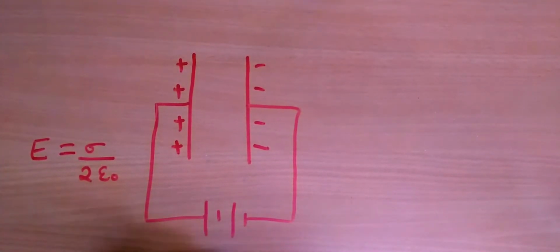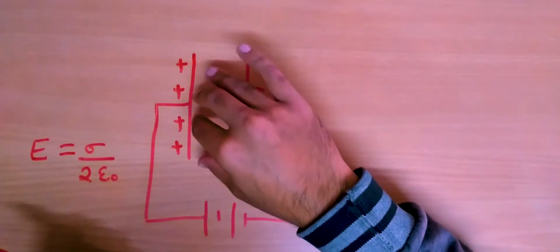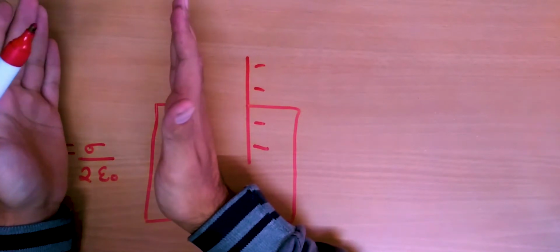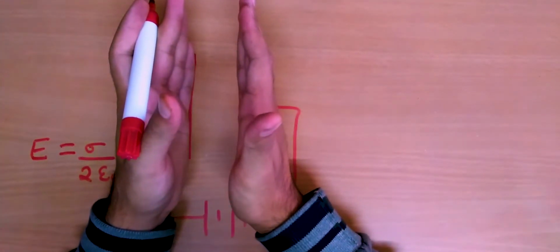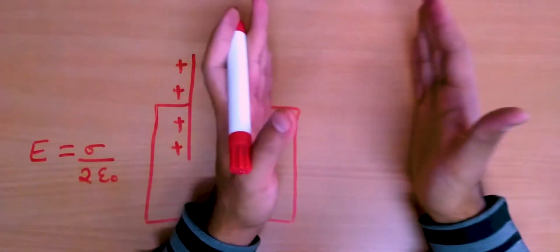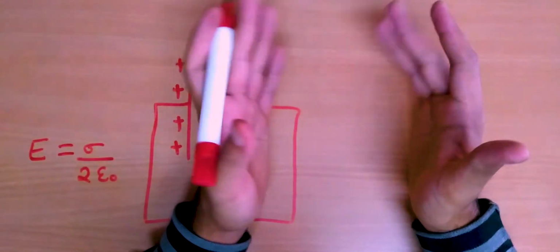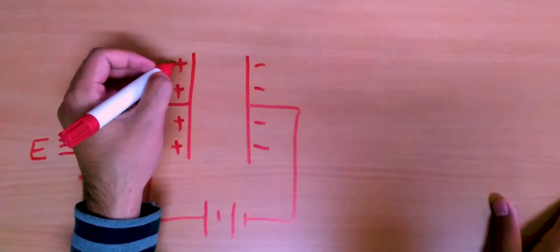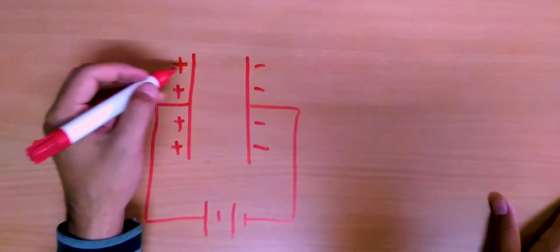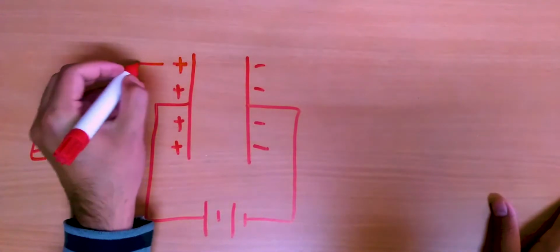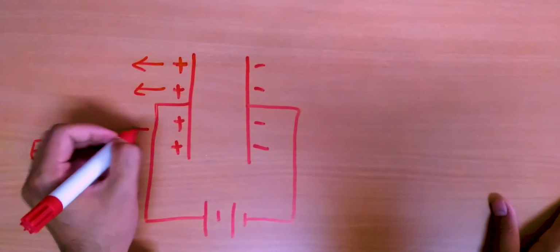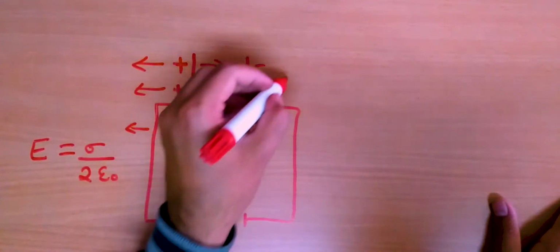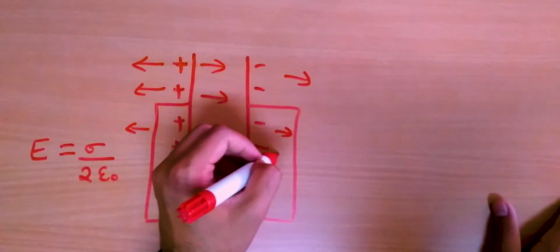So first of all, let us analyze the electric field due to both the plates. We have three regions: this region outside the plate, this region between the two plates, and again this region outside the capacitor, outside the two plates. I'll use this red marker to represent the electric field due to this plate here. Because this is positively charged, the electric field will be pointing away from it. Even in this region it will be pointing away, and even here it's pointing away.